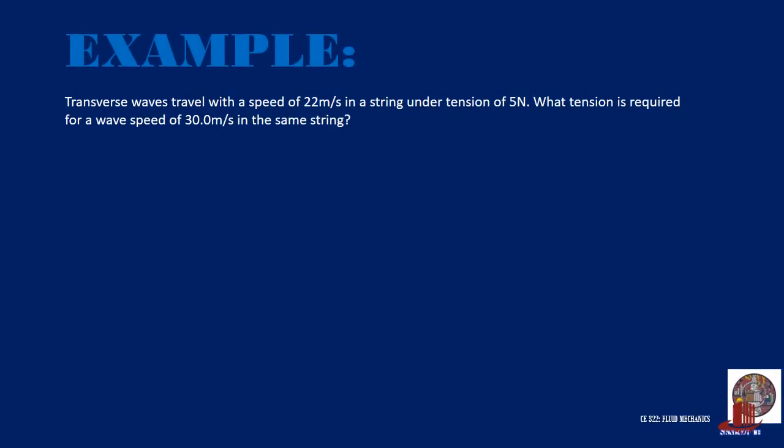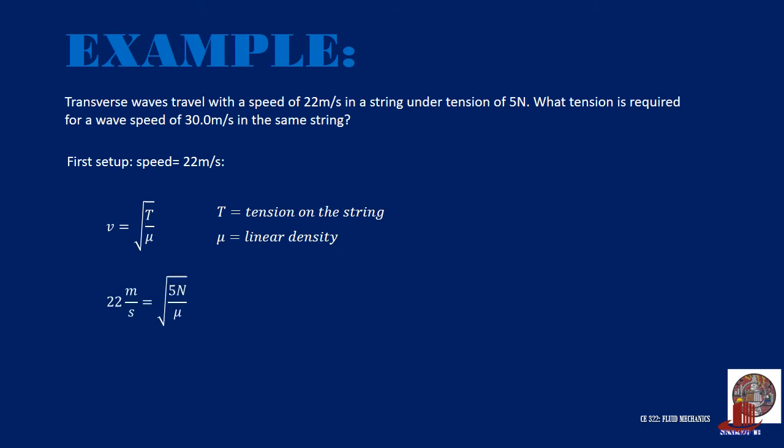Let's check this basic example. Transverse waves travel with a speed of 22 meters per second in a string under tension of 5 newtons. What tension is required for a wave speed of 30 meters per second in the same string? The first setup has 22 meters per second for a string tension of 5 newtons. By using the formula for velocity, which is root of T all over mu, again, T is tension on the string and mu is taken as linear density. Then, 22 meters per second is equal to root of 5 newtons all over mu, where mu will be taken as 5 newtons all over 22 meters per second squared, which would turn out as